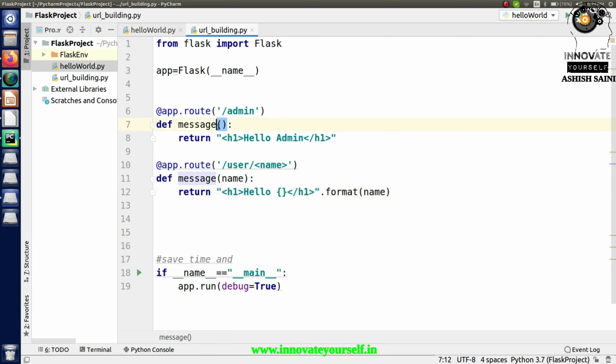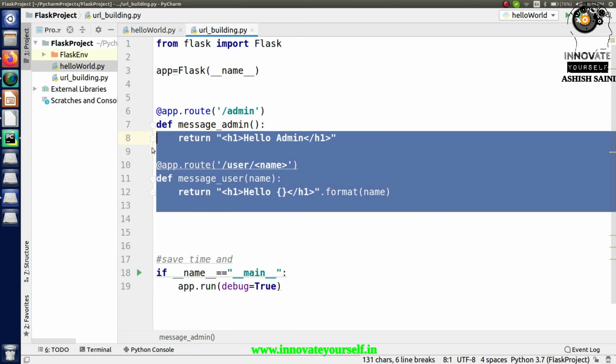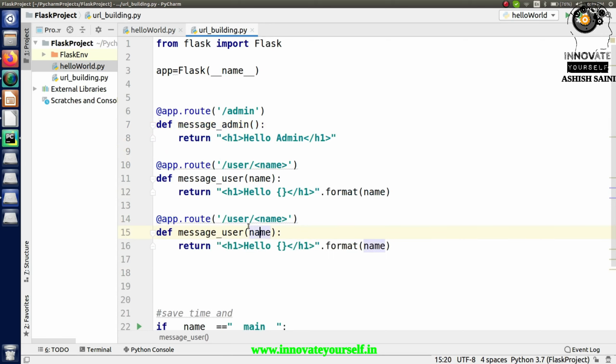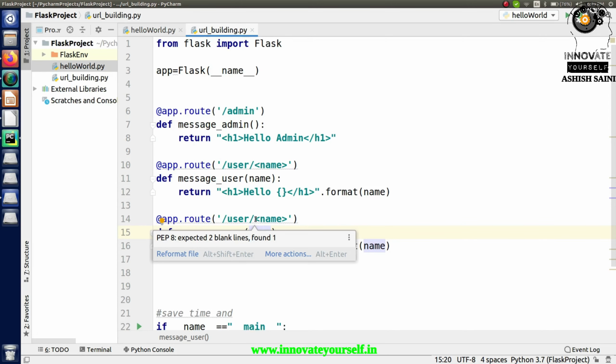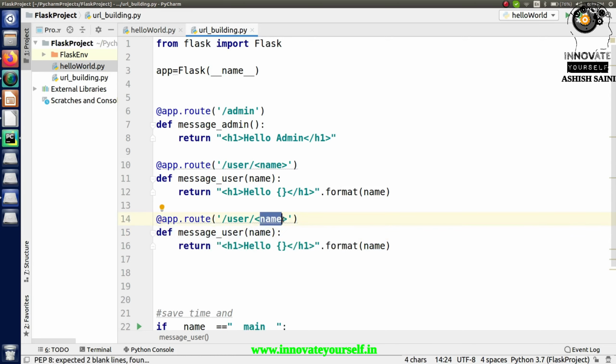And for that, let's say this is the message for admin, and this is the message for user. So this is how I am doing it. Now when these two functions will be called, I have to create another function. In there I will be simply calling that name, let's say name underscore admin. It can be a name, it can be an admin, it can be any value, so for that I'm creating this name. Just copy this and paste it here. So this is exactly what I'm doing.